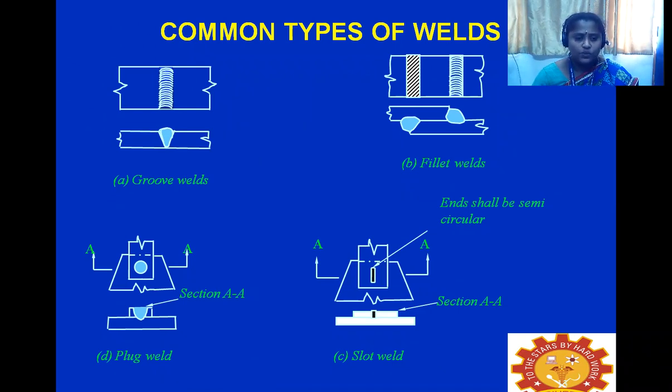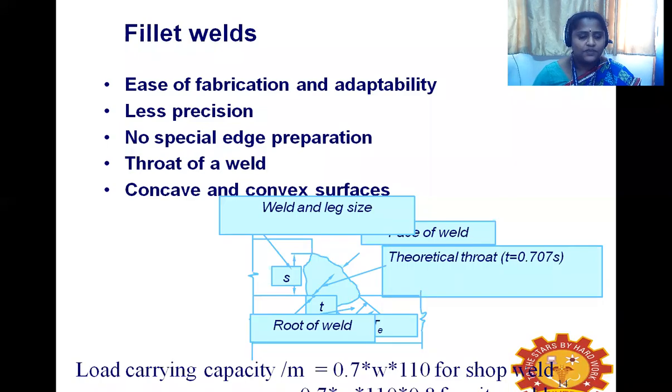Screw weld, fillet welds, plug welds, slot welds. By seeing the picture, you can easily understand the concept of welding. Here, the light blue color hatched portion indicates the welding symbol. You can easily understand the concept by pictorial representation. Fillet weld, the most important and common weld, is used for all structural element connections. Fillet welding is easy to fabricate and most adaptable, and can be done everywhere.